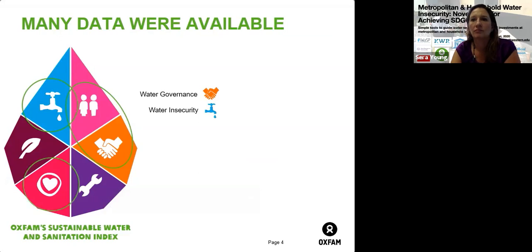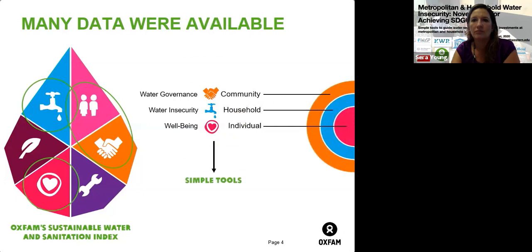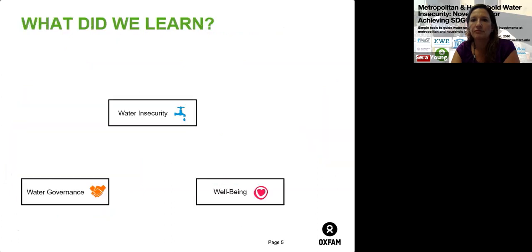And then we took a few key outcome indicators around well-being. So looking at things like safe water provision, life satisfaction, health, such as diarrhea and cholera. And so this allows us to look across the community, household, and individual levels. In terms of what we learned about these relationships, after controlling for wealth and drinking water service level, among other